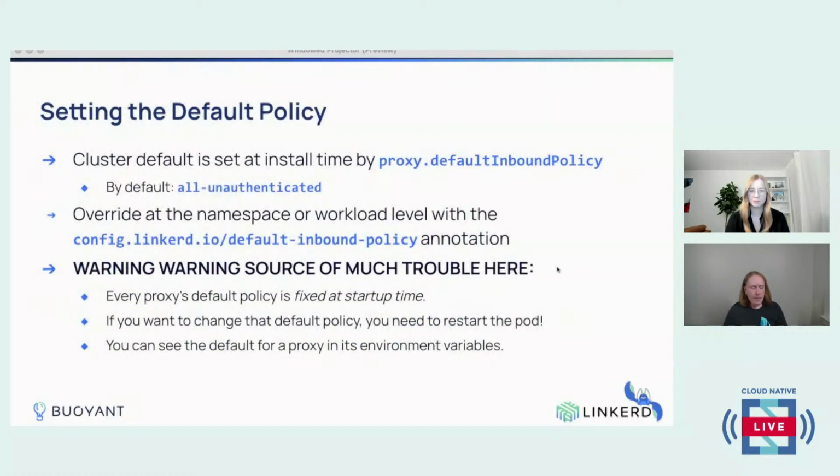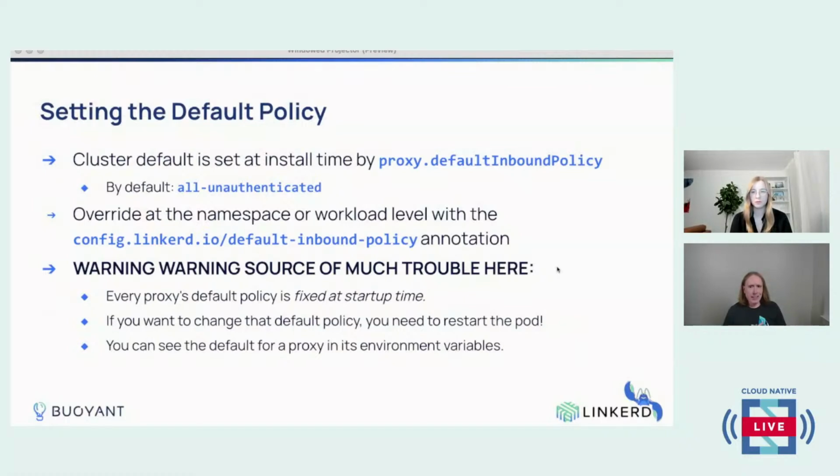So, default policies. You set the cluster default policy when you install Linkerd, by setting proxy.defaultInboundPolicy. The default is wide open, which we'll talk about in a second. You can override the cluster default policy at the namespace level or at the workload level by using the default inbound policy annotation.